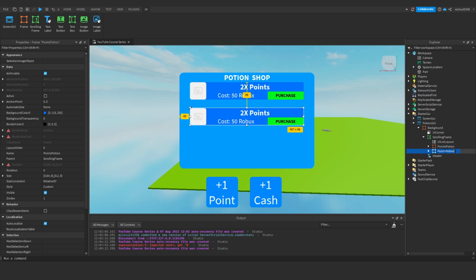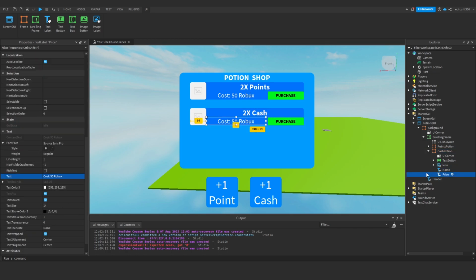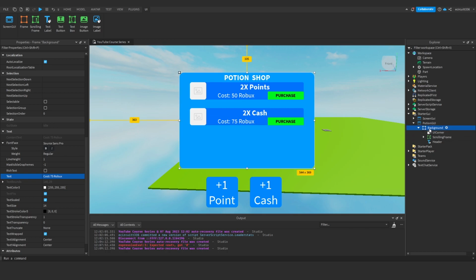We can now duplicate this and we can call this one cash potion. This cash potion will be the exact same, we're just going to change the name to 2x cash, and the price, I might make this 75 Robux or something. And now we can close that. Now let's close the entire scrolling frame,